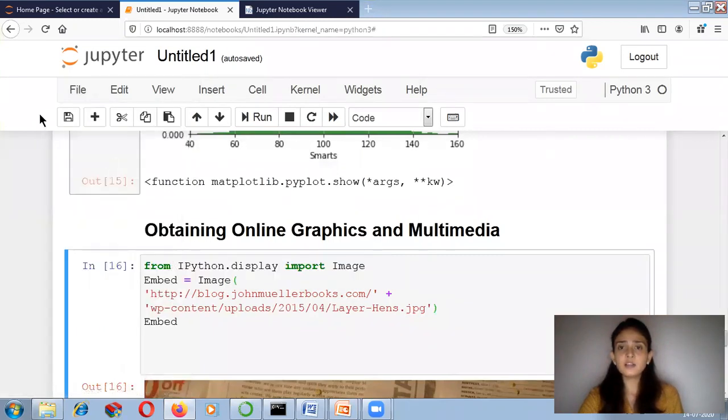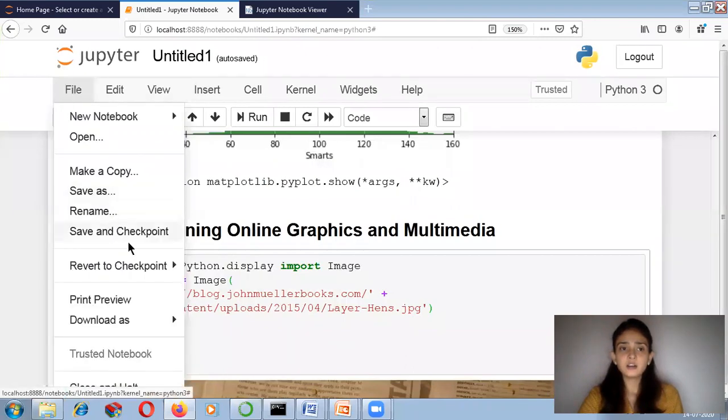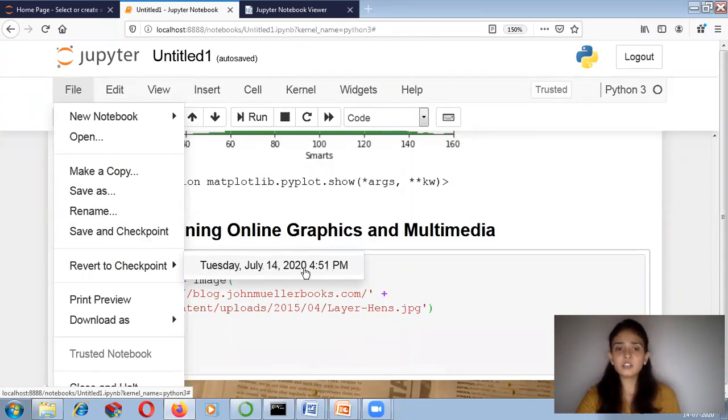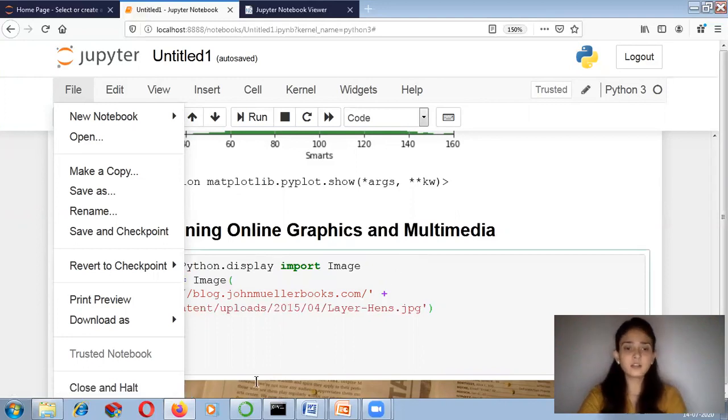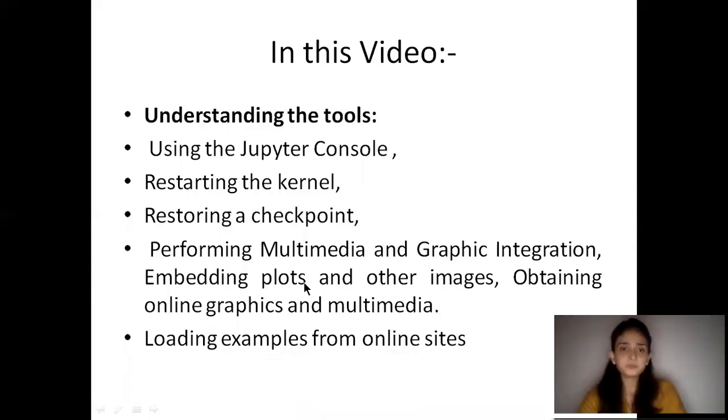When you click on this, it provides a dialog box showing the checkpoint, created on this particular date and time. So you can go back to your previous code, which means you can undo your changes in your Jupyter notebook. Like this you can restore the checkpoint.